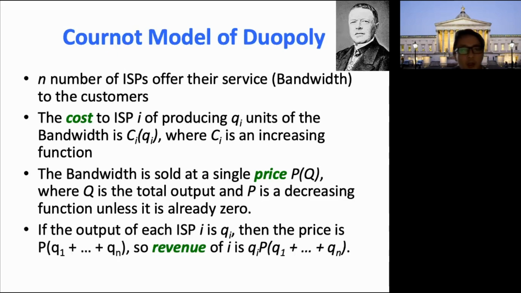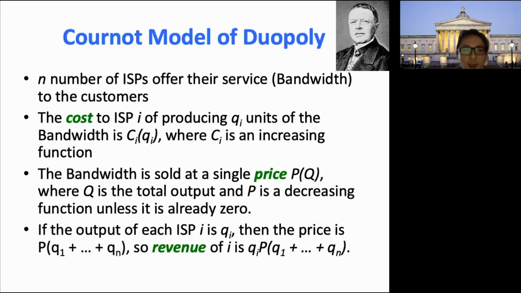Given a particular ISP i, you can produce an amount of the product indexed by Qi. And the C function is basically the cost of producing that quantity of products. And the total quantity in the market would determine the single market price,